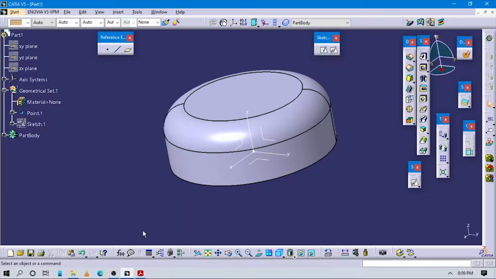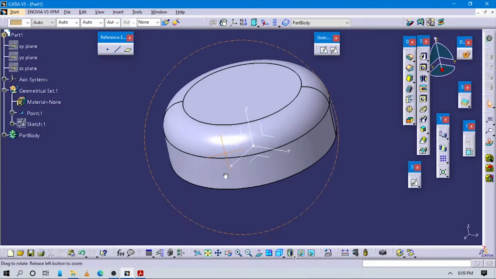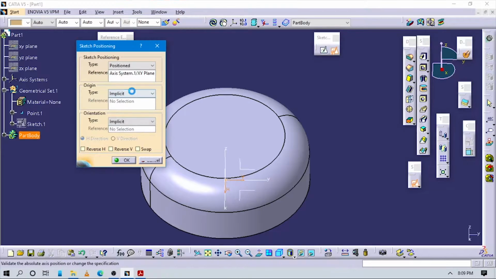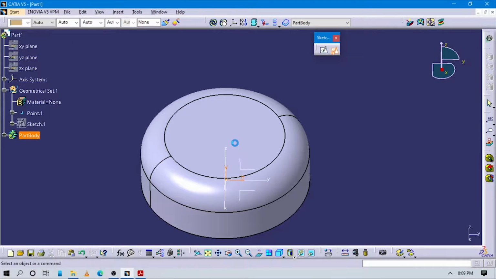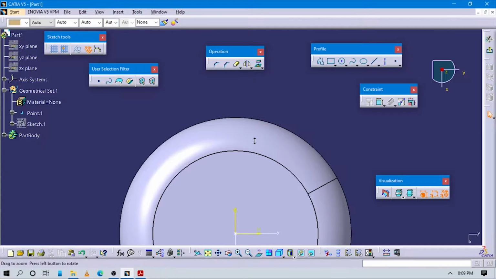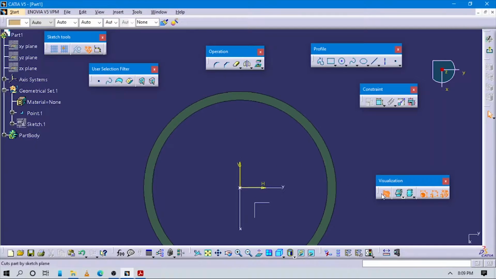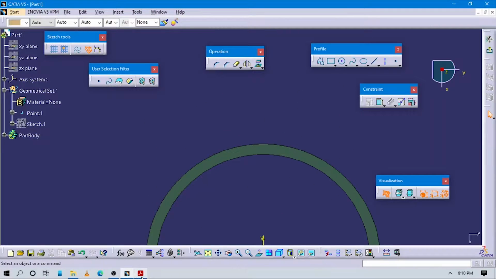And now we have to create some flanges here. Here you can see we have to create 3 flanges. So for creating these flanges, go to sketch positioning, select this XY plane, origin near this point, orientation parallel to this line. In the visualization tab you can cut the part by the sketch plane, and here we have to draw